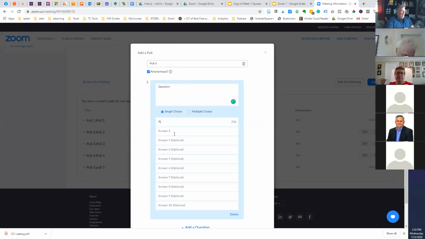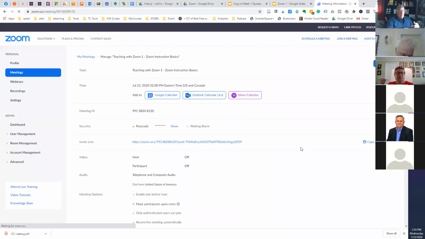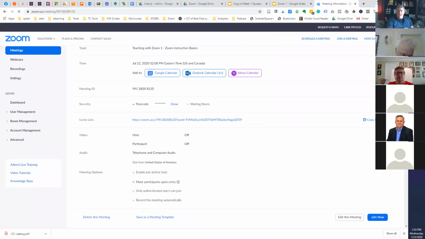And here I put basically what the different answers are. A, B, C, D. I can set multiple choice, where they get to select multiple options or a single choice. Do I want to narrow it down, or what the possibilities are? So from there, we have multiple choices, and that is it. Then